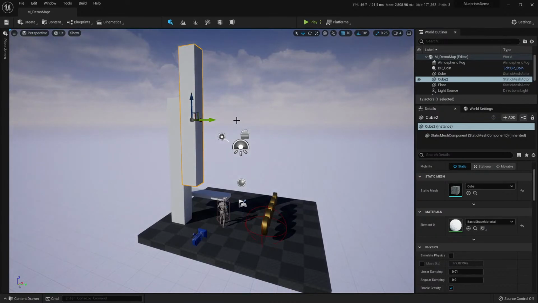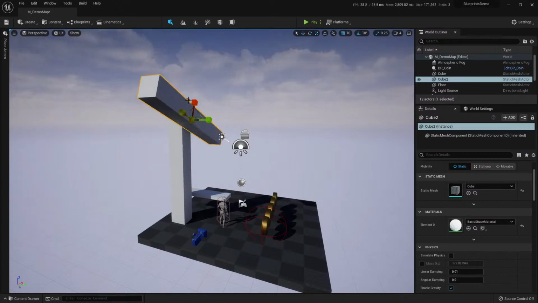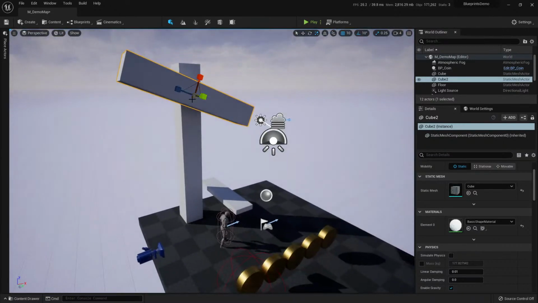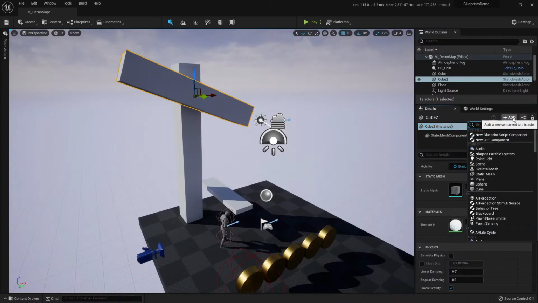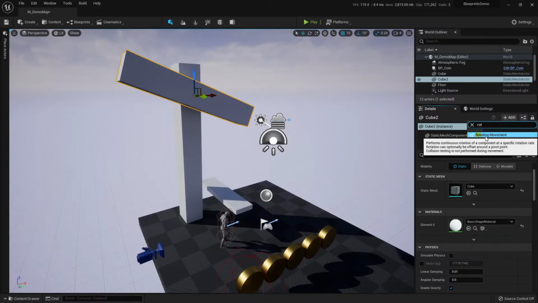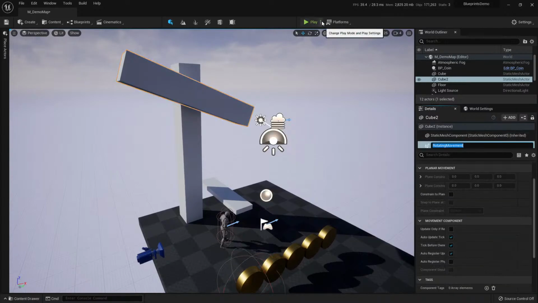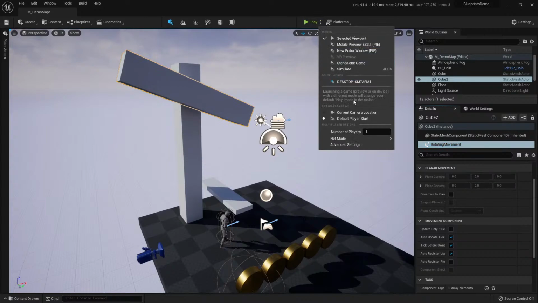For example, here I want to rotate this, and maybe I want this to start rotating, and this actor that is only a static mesh, I can add more components here. I can click add, and there is a rotating component, rotating movement, and if I press play,